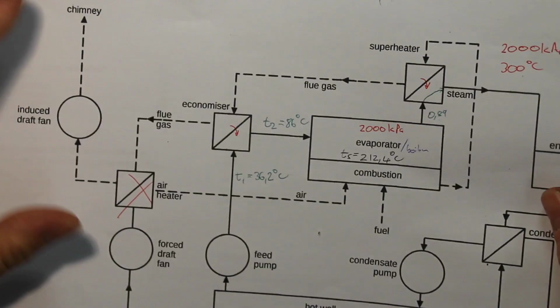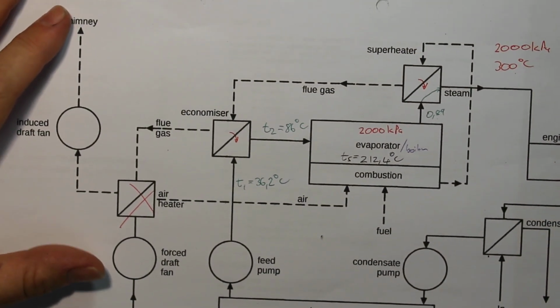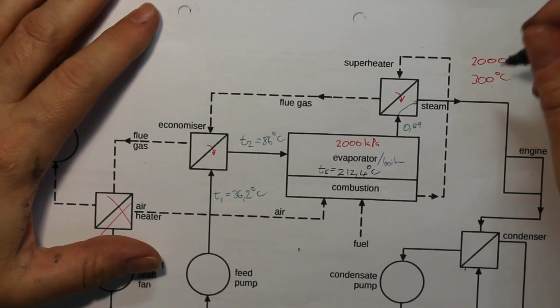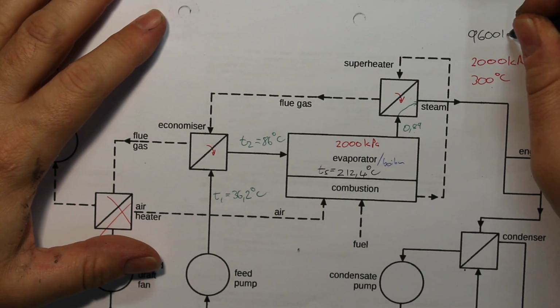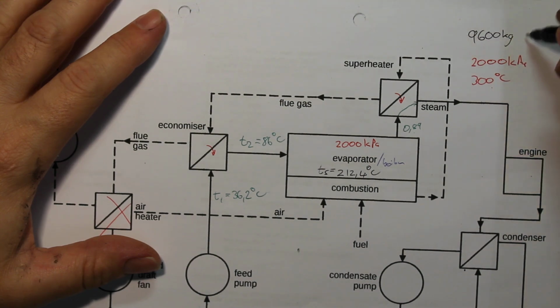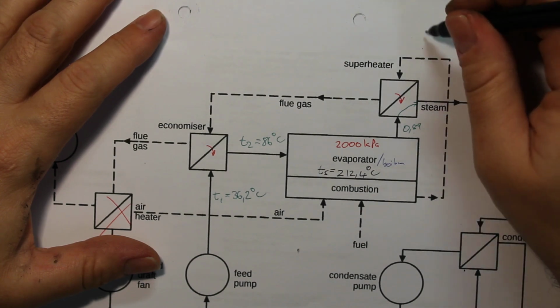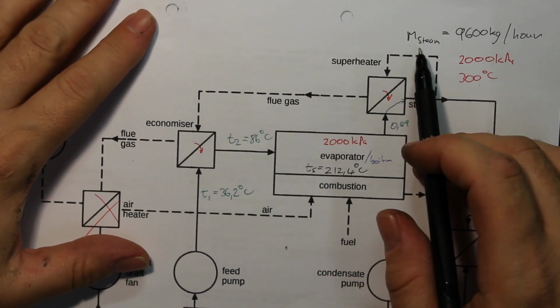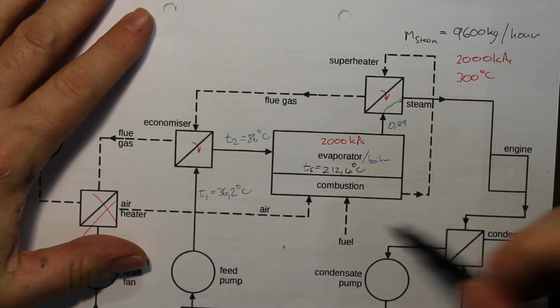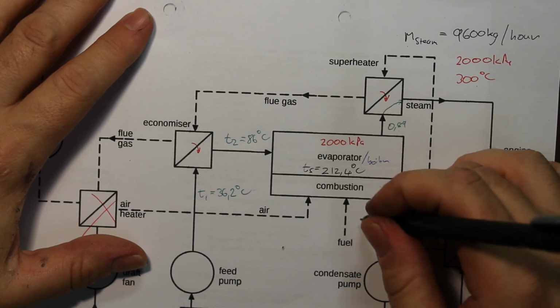Okay, so the steam that is generated is coming at 9,600 kilograms of steam per hour. Okay, so that is our mass of steam. See that? MS, mass of steam. That's coming out of there. And they say the fuel is